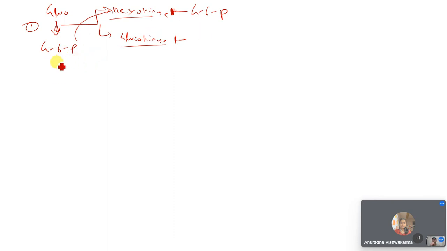I'll tell you. From this glucose 6 phosphate, what is the next product? Fructose 6 phosphate. The enzyme here is some isomerase, right? It basically shifts some hydroxyl group here and there, and from glucose it is forming the fructose 6 phosphate. Now when this glucose 6 phosphate is converted into fructose 6 phosphate, then only this fructose 6 phosphate will act as a